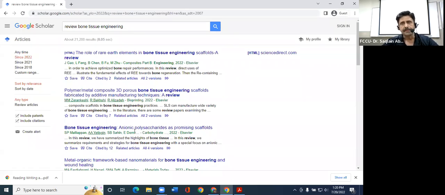So, as I told you, Google Scholar is an ocean of knowledge, and you have only to find the pearls of wisdom from this ocean. So always try to download and read the most relevant, high impact and highly cited papers, instead of wasting time on the junk articles, the low impact articles that have no worth. So while you are creating a library of the articles, always consider the citations and then the impact factor. So, for example, for your MS, for your MPhil, or for your PhD, you have downloaded 10